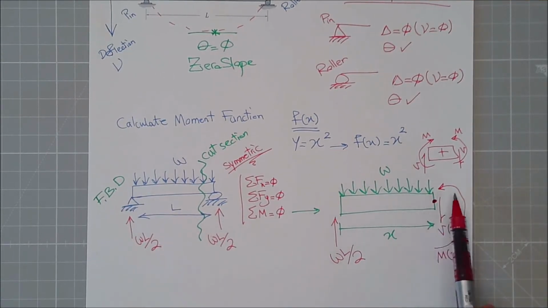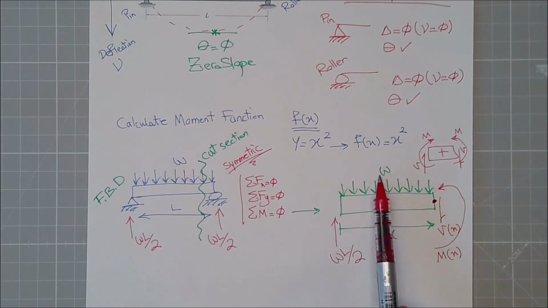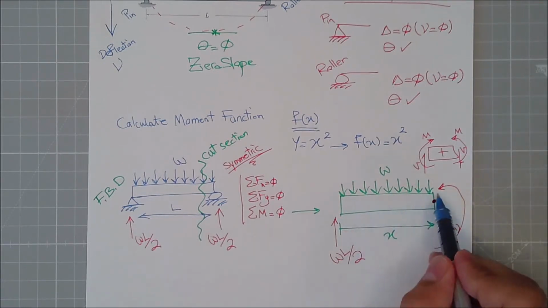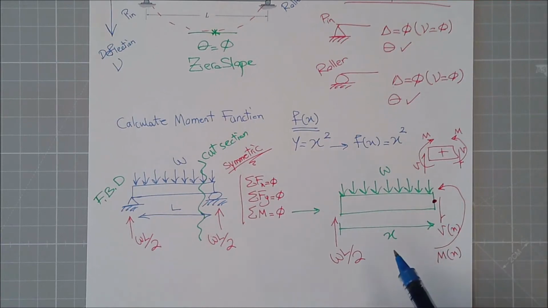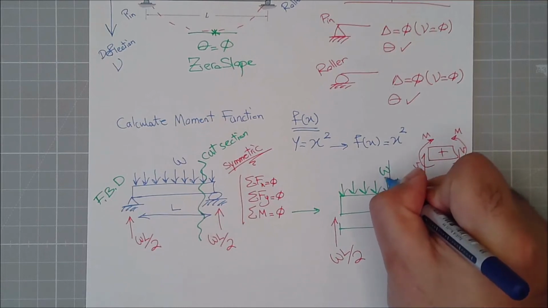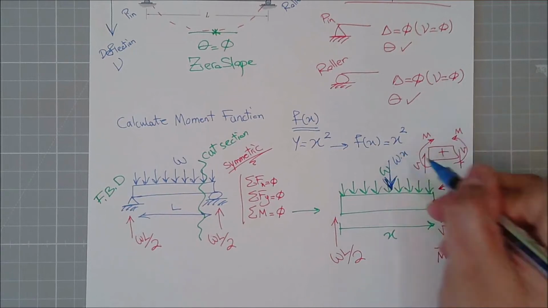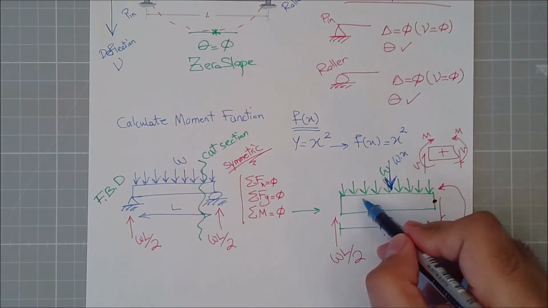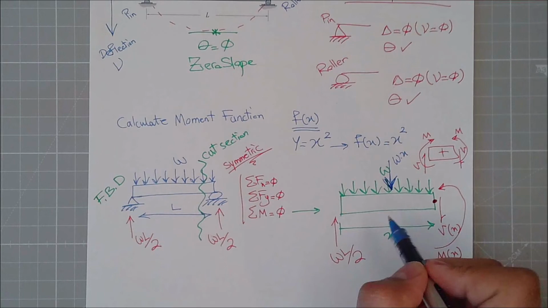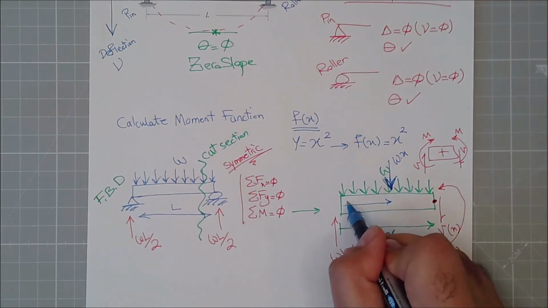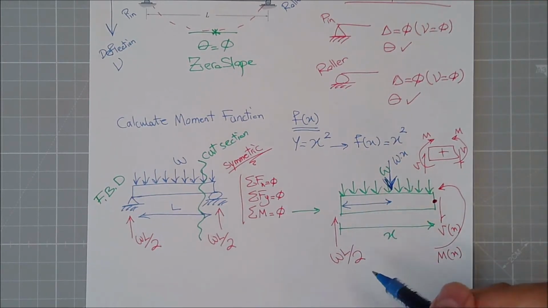Because I cut it internally, these two will be happening under this applied load of W. Can I solve this? Yes, easily. We were saying that whenever we see this condition, we can quickly convert that distributed load to a concentrated load. Let's apply a concentrated load, and this will be W times X. Yeah, the equivalent concentrated load of this distributed load. Where does it apply? To the centroid of the distributed load, which we have proven as well,